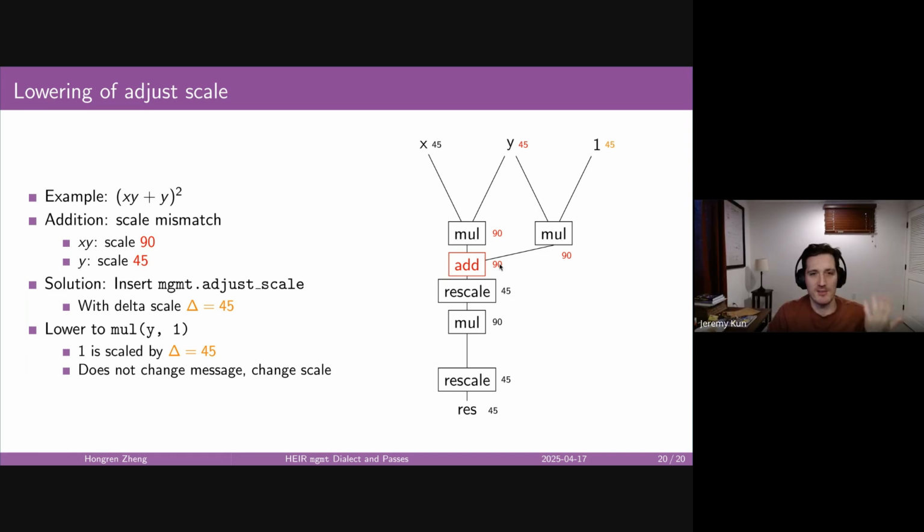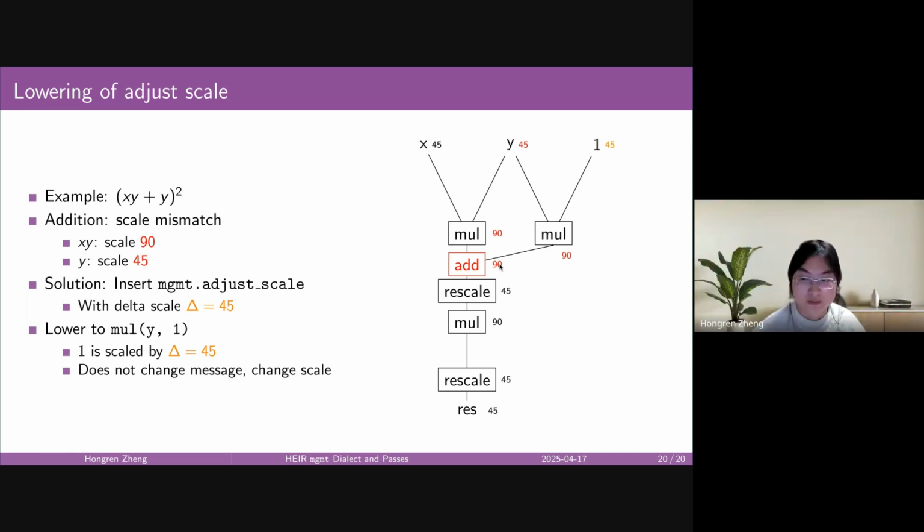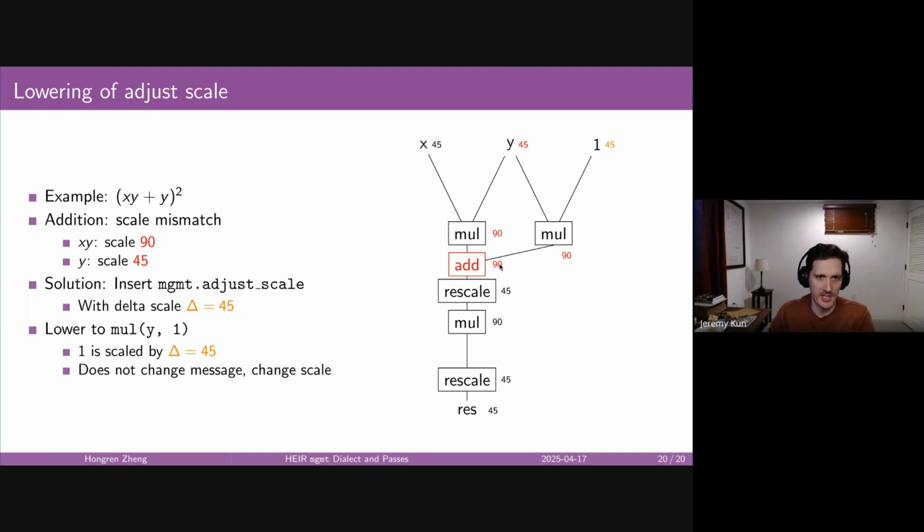Right. Yeah, it's the same question about the layout propagation too. Is there a way to say that that's cheaper than doing the rescale later? Or that you should push to have that be folded into the encoding rather than performing it on the server? Yeah, I think you always want to put it into the encoding if you can, right? That's always going to be cheaper. And we don't do that for layouts either, right? We're going to need to solve the same problem for layouts, where if you have your user input and it's immediately converted to a different layout, then you want to instead fold that into the original layout choice.